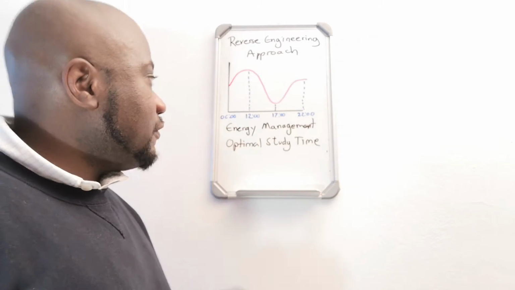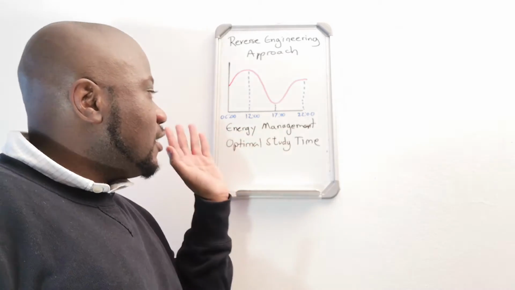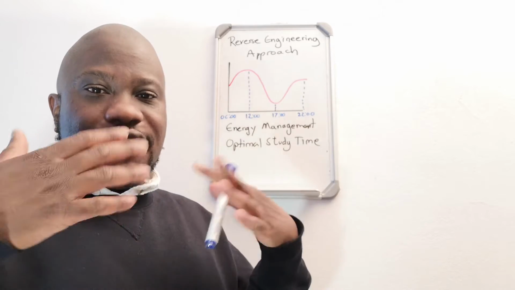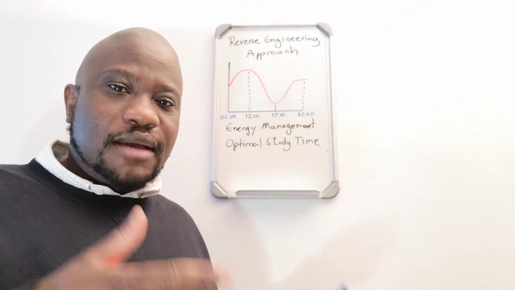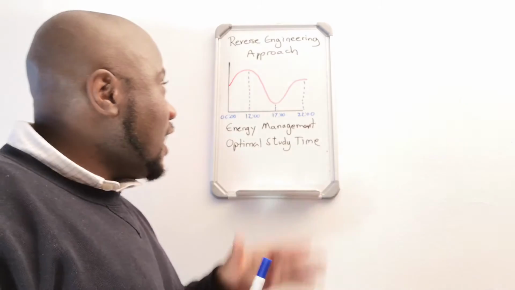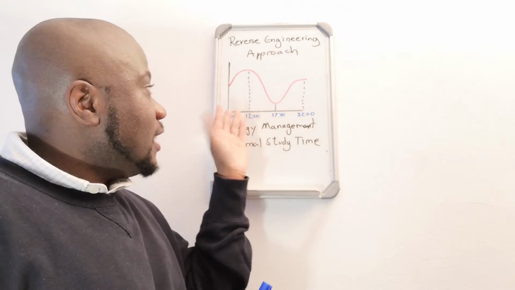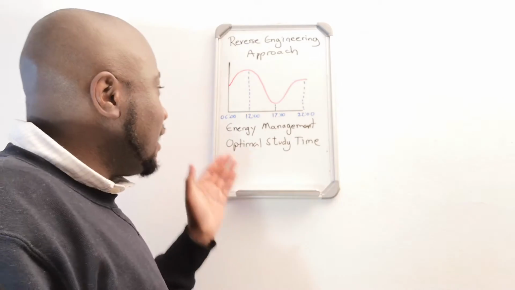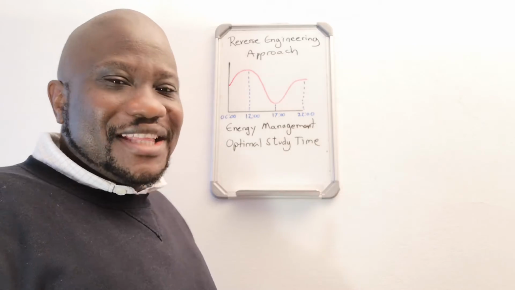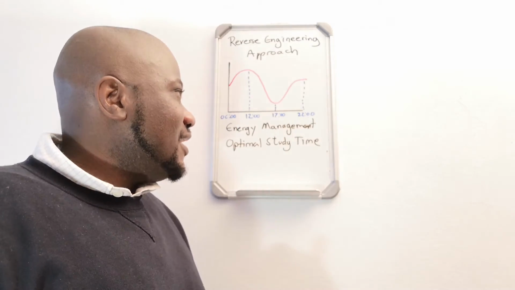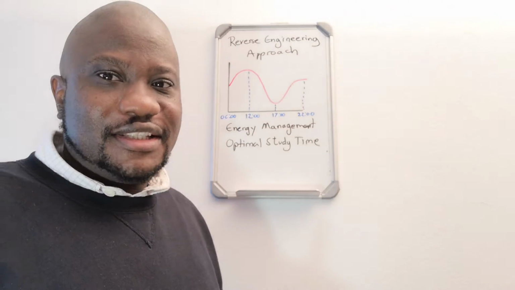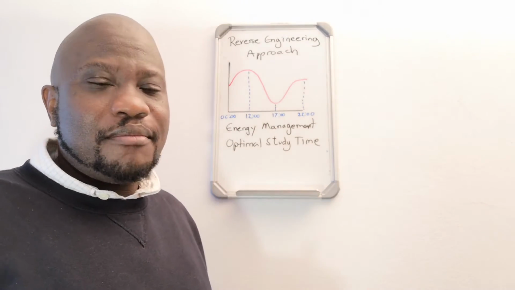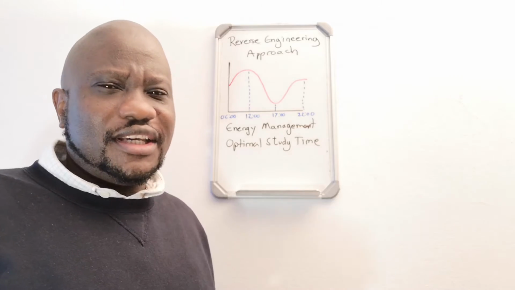So the first one I have over here is energy management, optimal study time. What do I mean by this? I mean, you as an individual have an optimal time that you study. For me, I have indicated it in graph format. I have two slots. The first slot is between 6 a.m. and midday. The second slot is from 5 p.m. to about 10 p.m. During this period between 12 and 5 p.m., I feel pretty much lethargic and my concentration